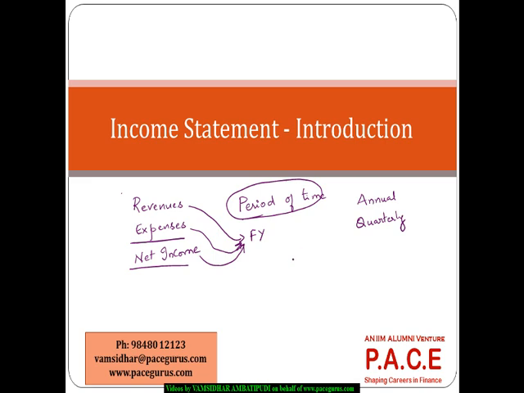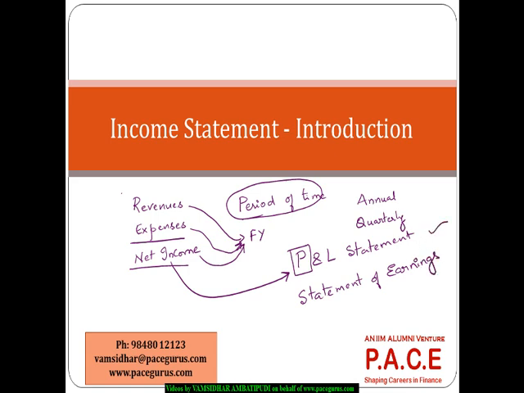So that's the reason in some cases the income statement is also called the profit and loss statement, because the net income is nothing but the net profit or net loss that is going to come up after subtracting the expenses from the revenues. So otherwise also called the statement of earnings. What is it that the company has finally earned? So that's the reason we even call it the statement of earnings, more commonly called the profit and loss